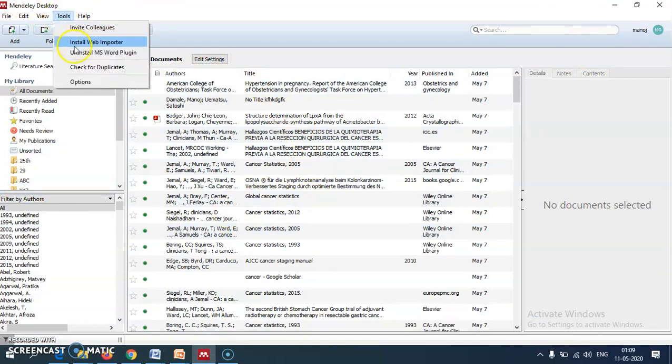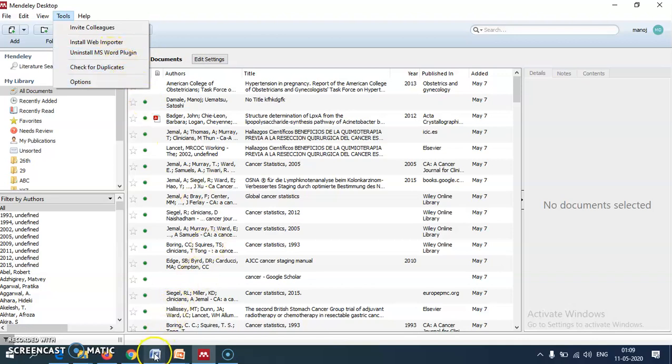So here you can see this is an option from where we can install this web importer, as well as the MS Word plugin. How can we see whether the plugin has been installed in MS Word or not?